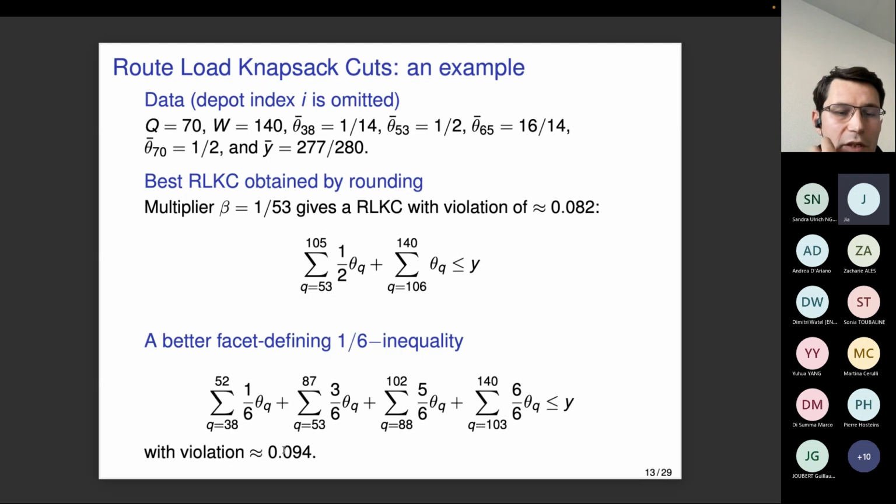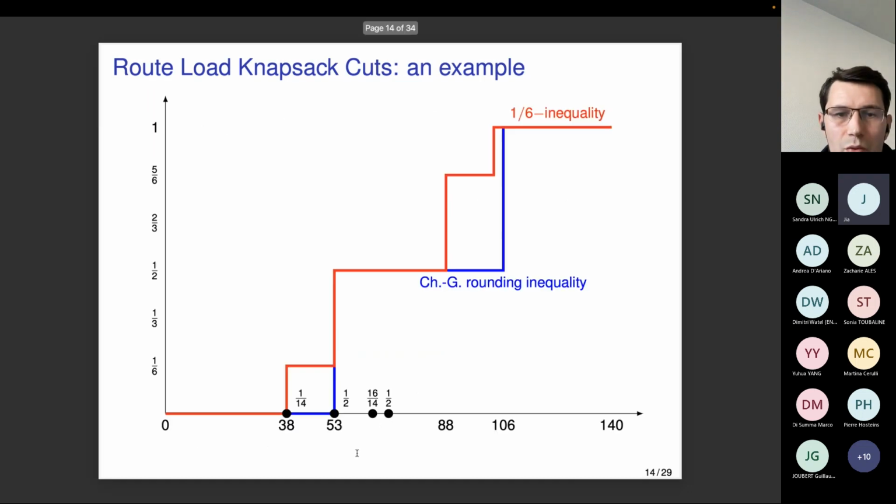And the best violation here is 0.09. So it's not that much more, but still it's a noticeably larger violation. And so we can draw these two inequalities, and you can see that this 1/6 inequality always dominates the best Chvátal-Gomory rounding inequality for this particular fractional solution. And you see why the violation is larger for the fractional solution, because if you take this fractional solution